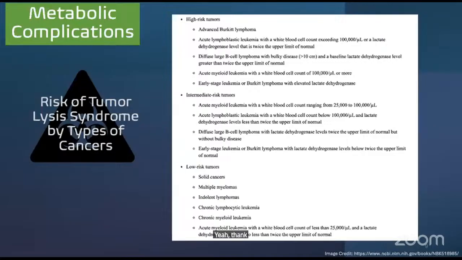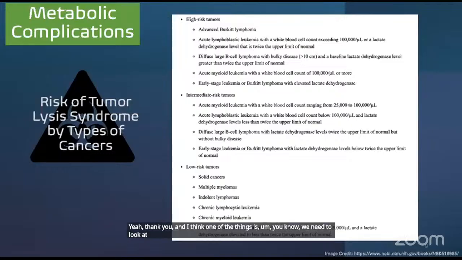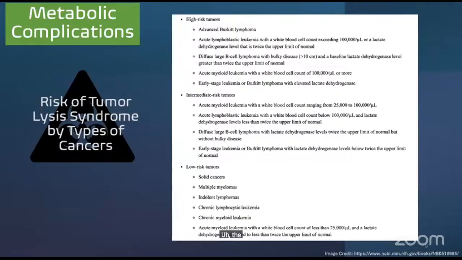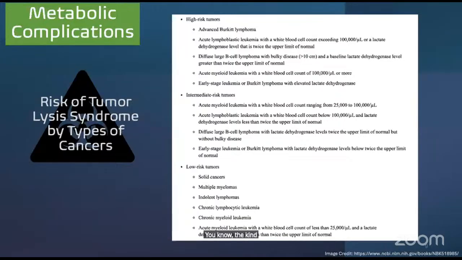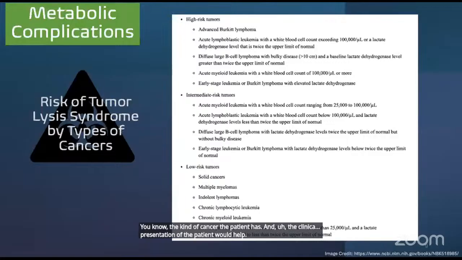Yeah, thank you, Anna. I think one of the things is, we need to look at the high risk. You want to see, does this patient have a cancer? Does this patient have the kind of cancer the patient has? And the clinical presentation of the patient would help. So the important thing is, if you look at the Cairo-Bishop score, we want to see